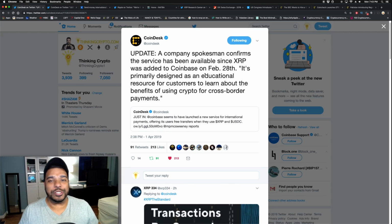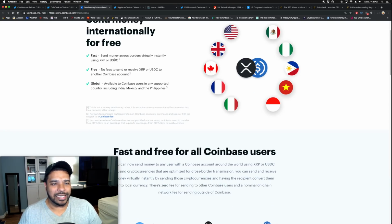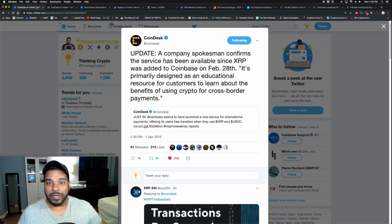Guys, we got some interesting news around Coinbase and XRP. Someone noticed the following page on Coinbase.com, coinbase.com/international, where it says send money internationally for free. But when you look at the details, it says, send it with XRP or USDC. Wow, this is amazing. Coinbase is leveraging XRP to speed up their own internal payments, allowing people to send money faster. At first, people thought it was an April Fool's joke, but in fact,